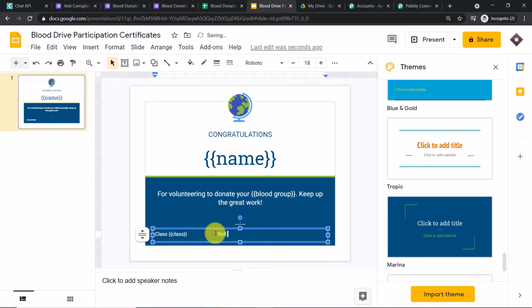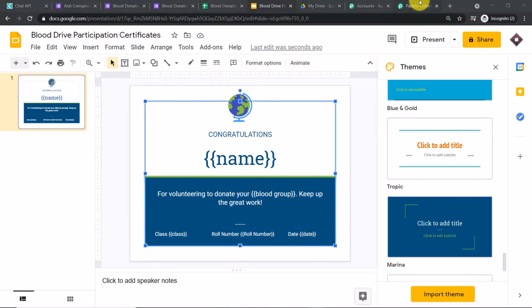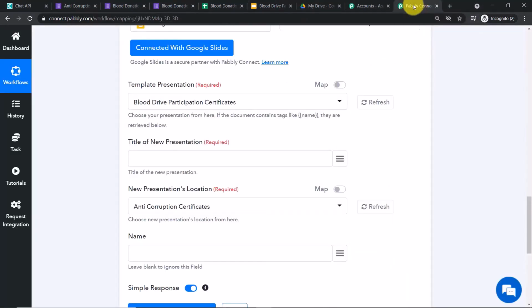So we are going to create a new field for roll number, curly brackets, and roll number. So this is going to be the field for roll number, and there was something else, that is the date. Okay, date. So what I'm going to do here is I'm going back to Pabbly Connect and I'm again going